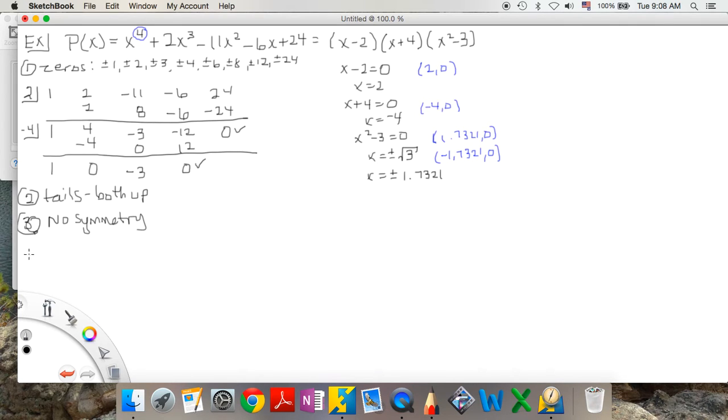And then we want to find our y-intercept. That means x is 0. Well, when you plug in x equals 0, all those terms go away, and you see that it's just at 0, 24. So, what do we have? Well, we have, let's see here,